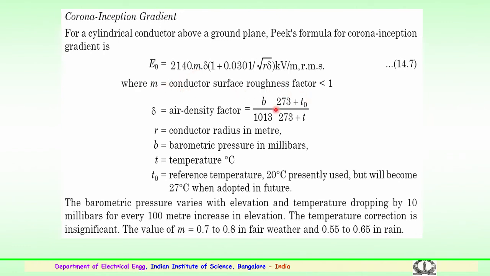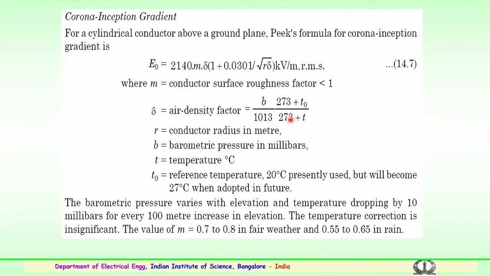So, the conductor surface roughness identifies whether the conductor is damaged, has projections, or is smooth. So, the surface roughness factor should be less than 1. Usually 0.9 or 0.6 is considered for the normal case, and 0.9 for wet conditions or surface rain conditions. Delta is the air density factor, again given by b multiplied by 273